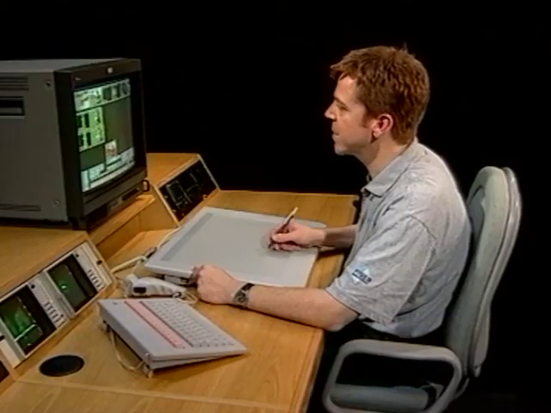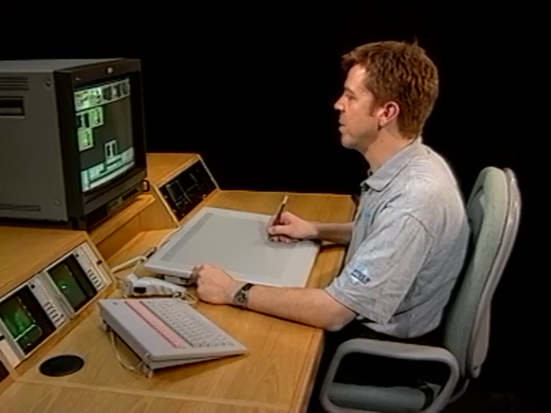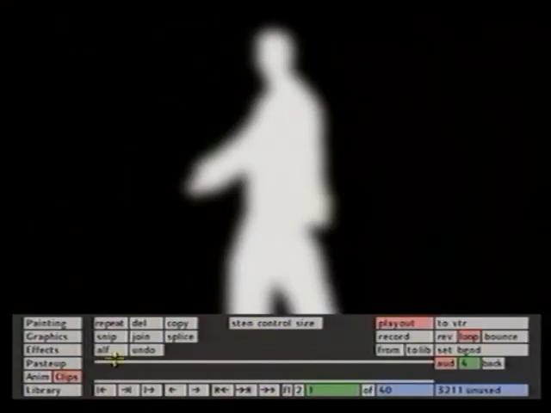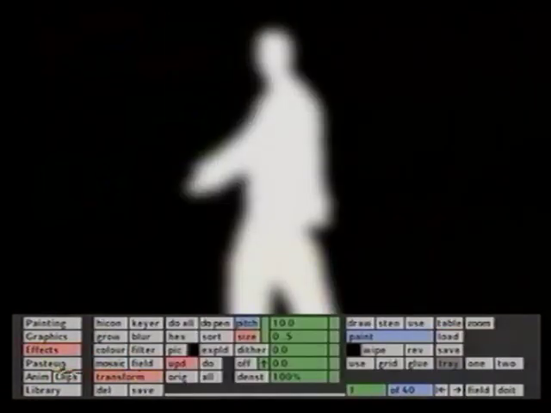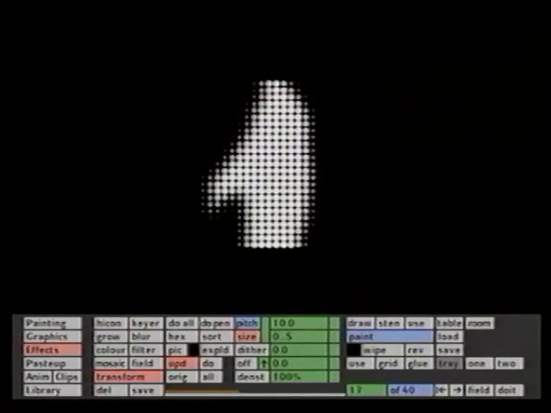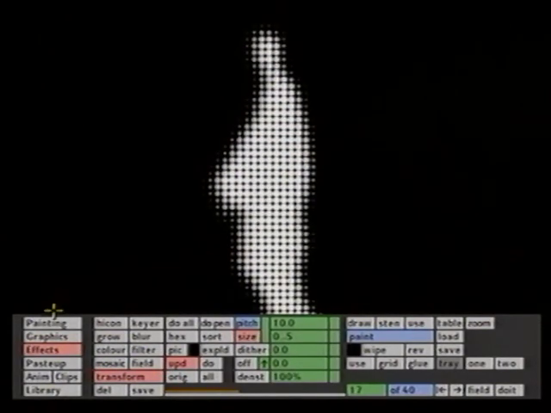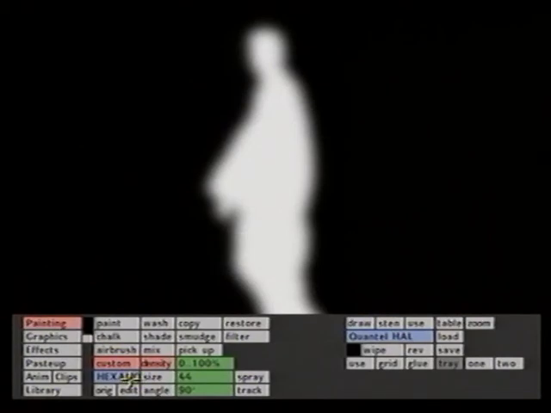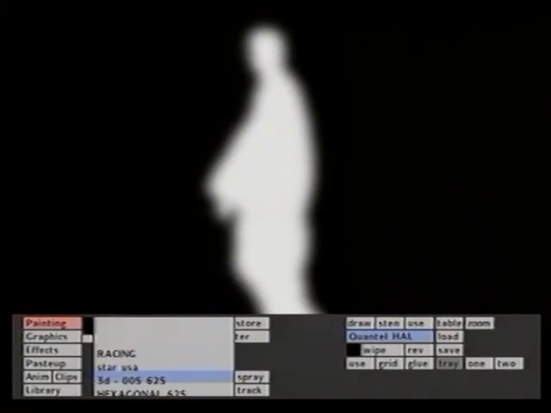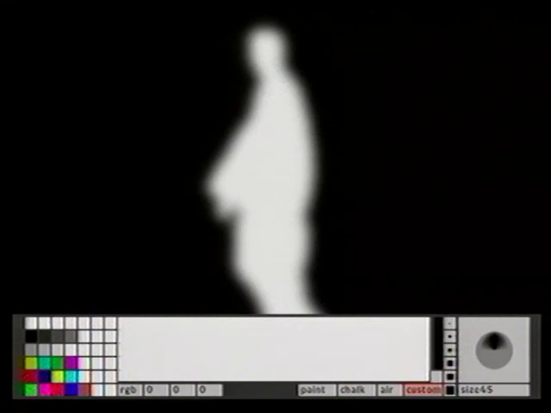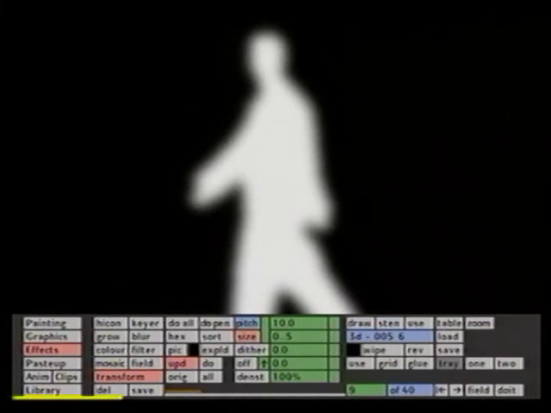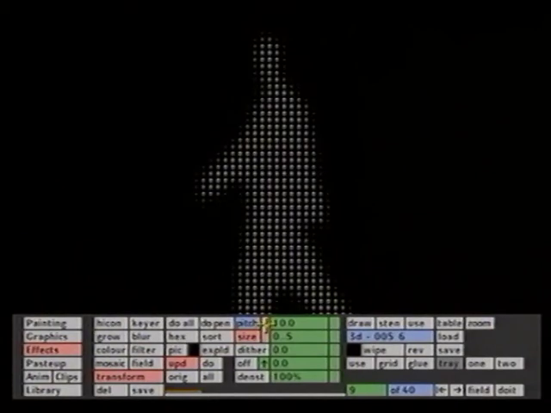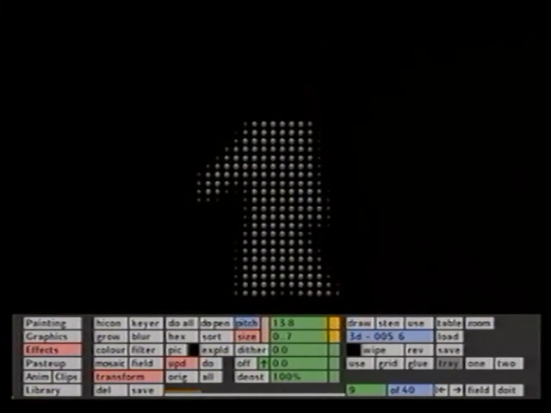I'm going to apply that to this clip here. I'm just going to copy that and make that into a stencil and take it into transform. If I go back to painting and load my custom brush, this brush has some shading in its transparency, so the result will appear to be more three-dimensional. Now I can increase the pitch and size using the toolbar, reduce the pitch,